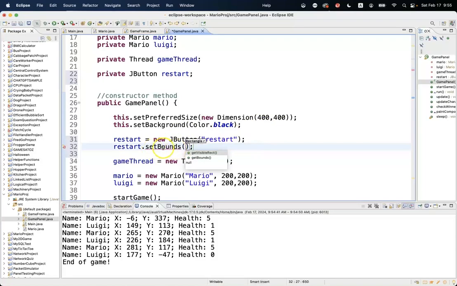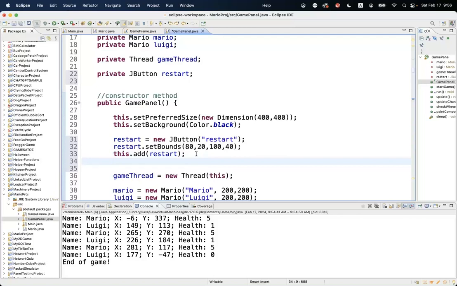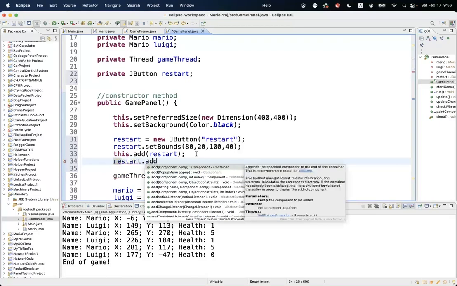Remember, this method, setBounds, is a member of the JButton class. Restart is a JButton, and in the JButton class, there is a method called setBounds. It needs an X, a Y, a width, and a height. We can mess around with these numbers later. Also, we want to pack or add the restart button into this game panel. And what I'm also going to do is attach an action listener